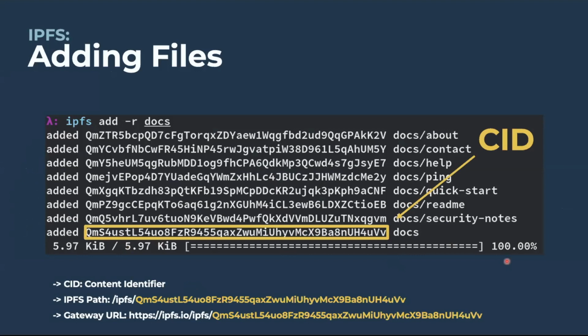And it's worth noting that when you're adding a file to the network, this is not going out of our computer. It stays there, and what is going out to the network is the provider record for this CID,